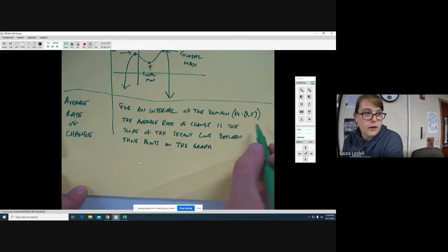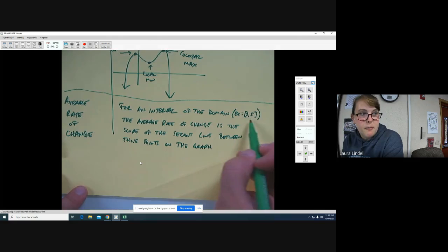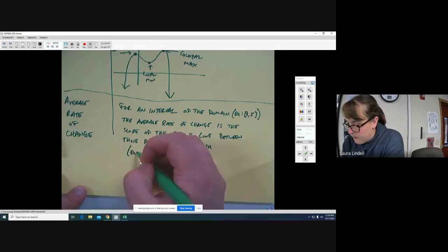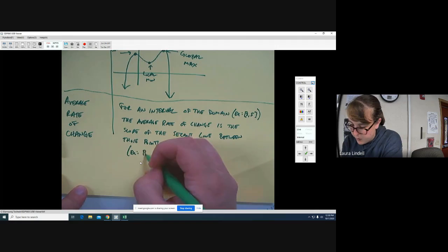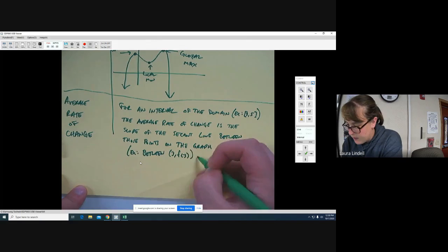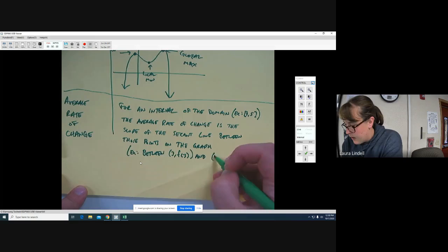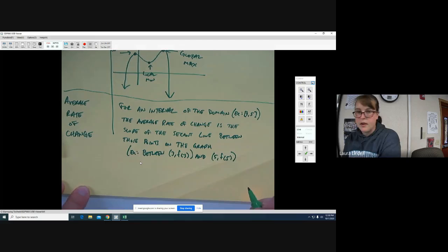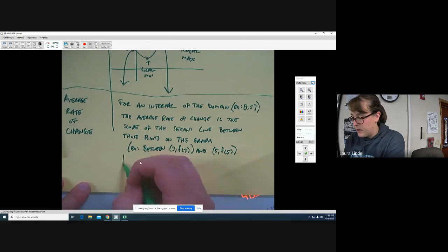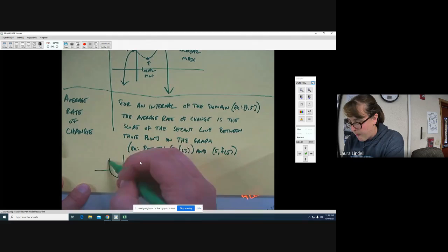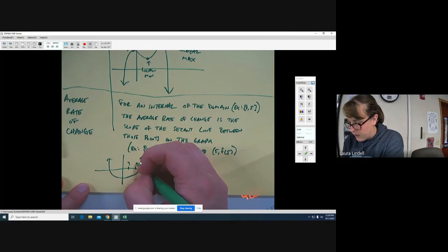So in our example here, if we were taking this interval of the domain to be 3 to 5, it would be the slope between the point (3, f(3)) and (5, f(5)). So as a picture, if we had something like this, where say this was 3 and this was 5,